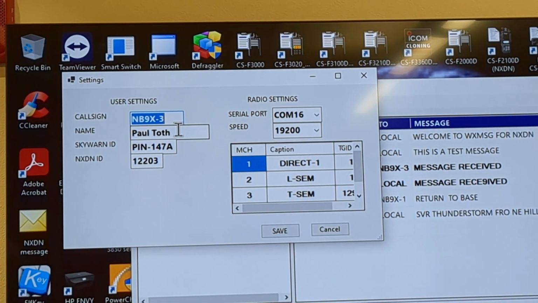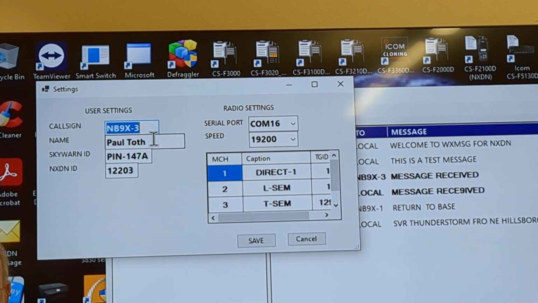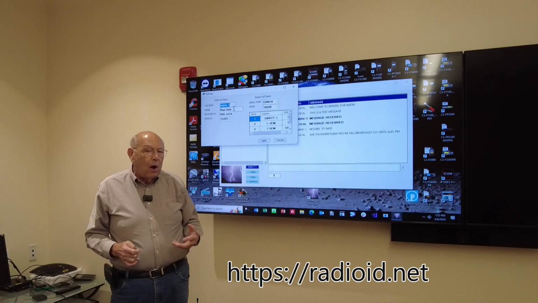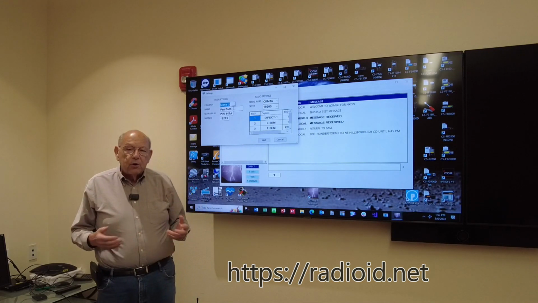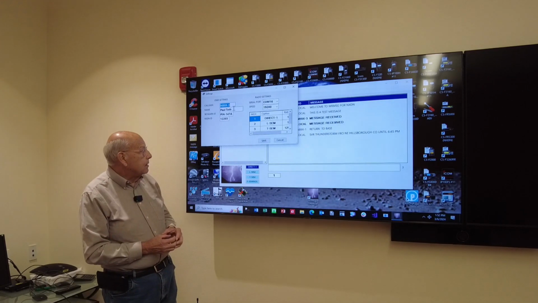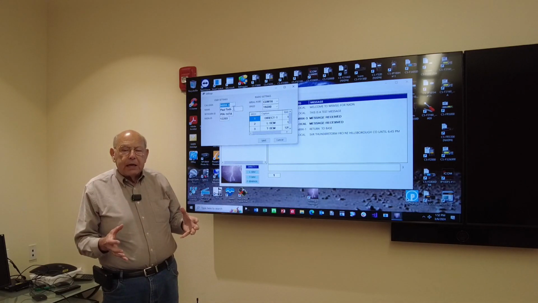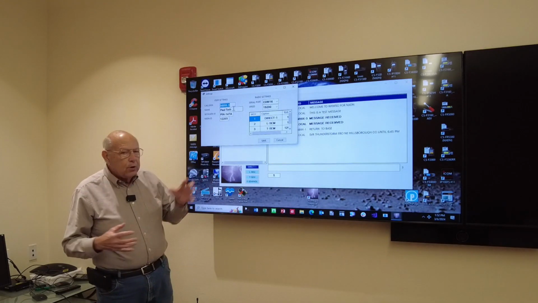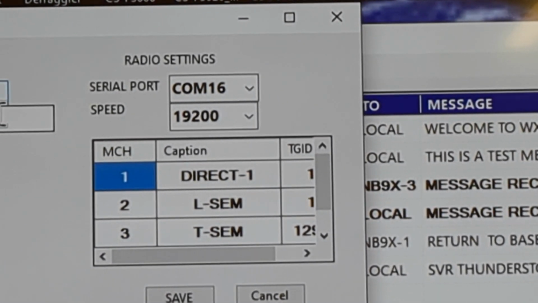And if you don't have an NXDN ID, you can go to https://radioid.net, and they will issue you a certified NXDN ID that you can use in your radio. Now, another important piece of our setup is how we communicate between the radio and the computer. We do that with serial communications, and it just so happens that the radio that we're using, which by the